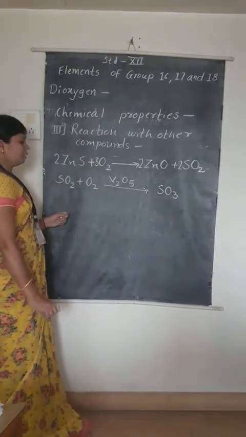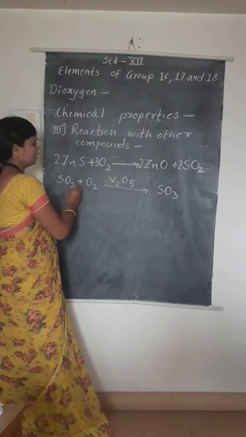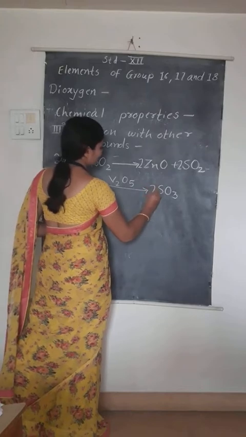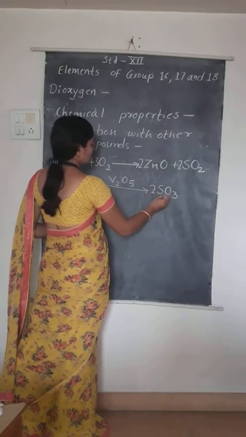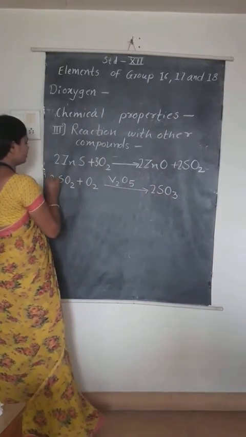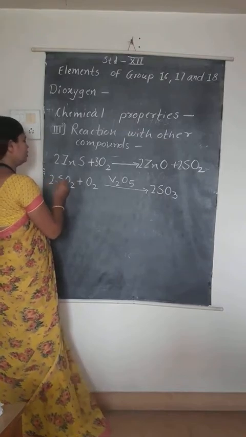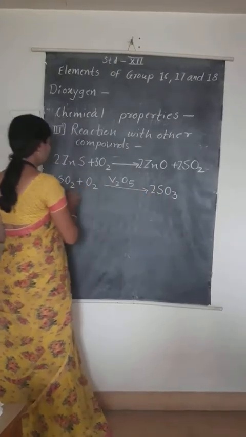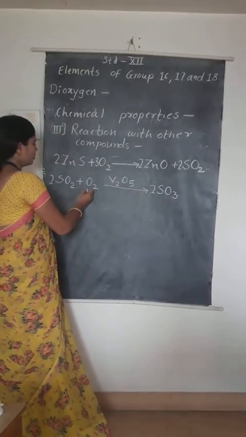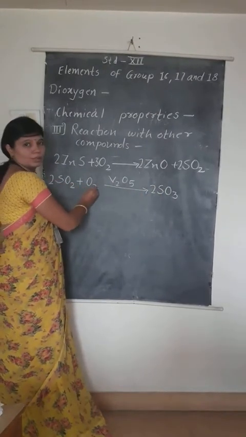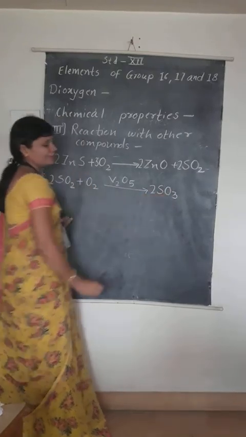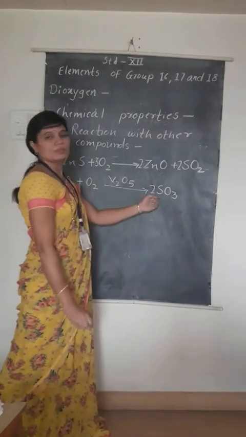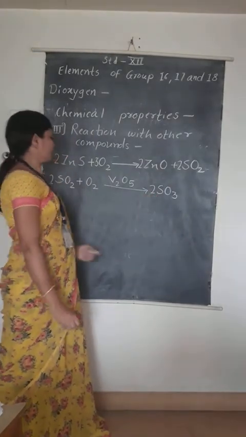Okay. Now to balance the oxygen atoms, take here the coefficient of sulfur trioxide as a 2, so that number of sulfur atoms on reactant side, take the coefficient of sulfur dioxide as a 2, 2 sulfur atoms, 2 sulfur atoms. Then number of oxygen atoms, 2 into 2, 4 plus 2, 6. Here also 2 into 3, 6. So sulfur dioxide on oxidation gives the formation of sulfur trioxide.